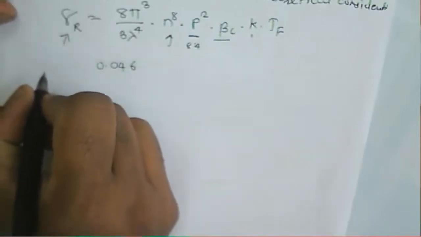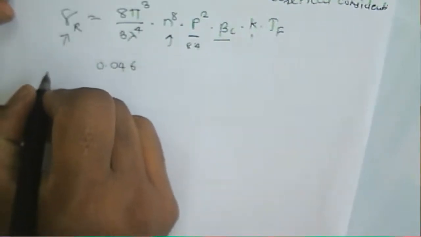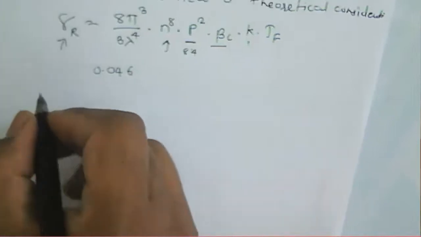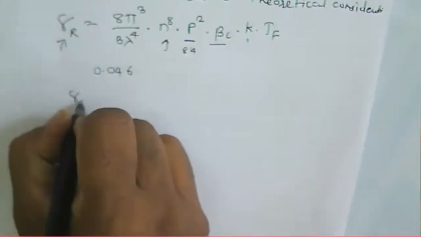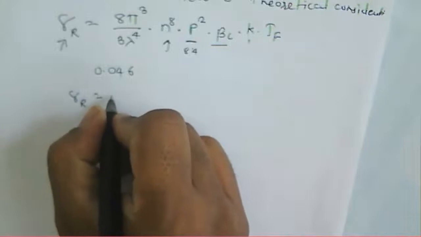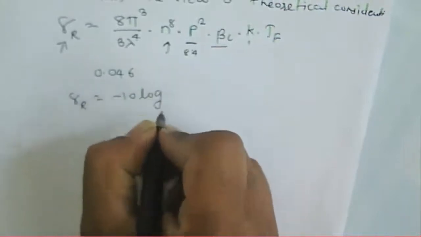We can solve it for the transmission loss factor to obtain the Rayleigh scattering, that is gamma R is equal to minus 10 log of base 10,